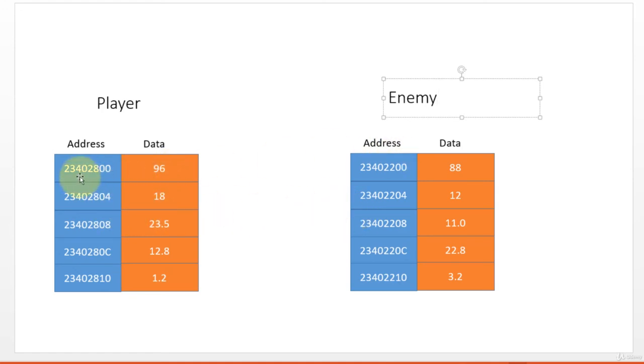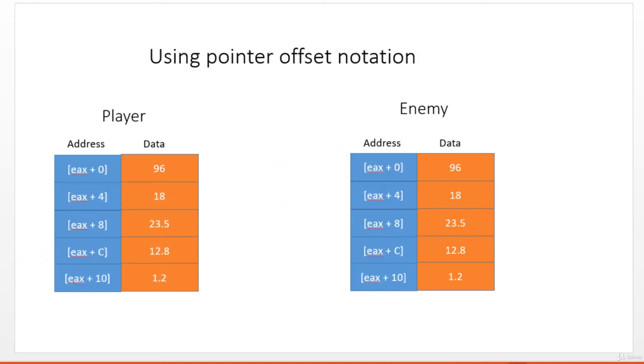And you can see here, first offset will be this health, second offset will be the ammo, and so on. So sometimes it is common to see the offset notation being used to refer to data structures. Take a look at this example. Here we're using pointer offset notation to refer to the corresponding data structure members. So these are also called members of the data structure. In the previous slide,